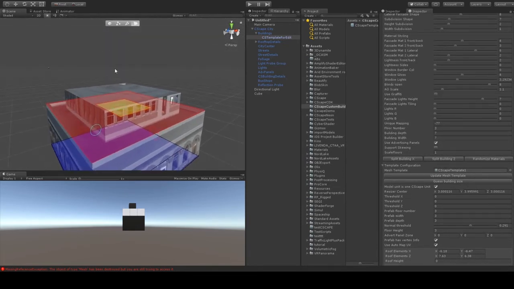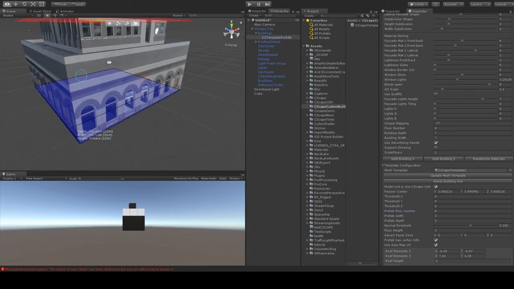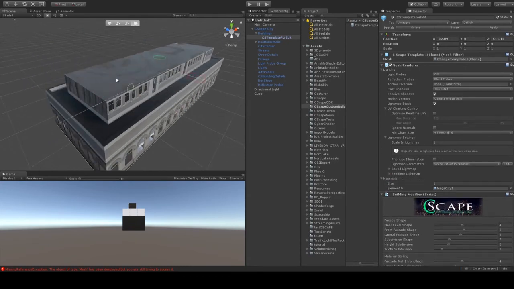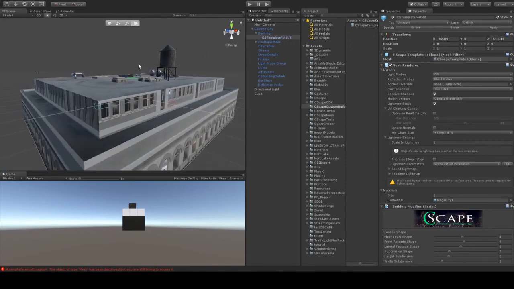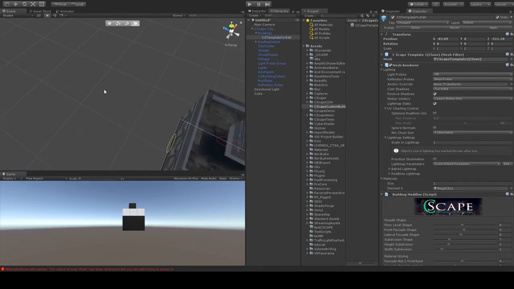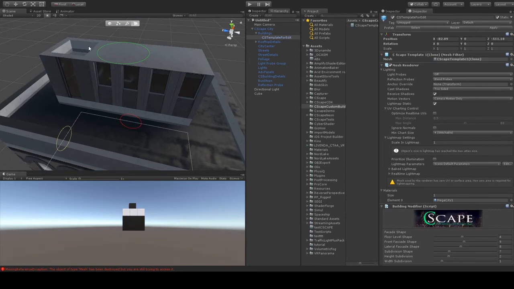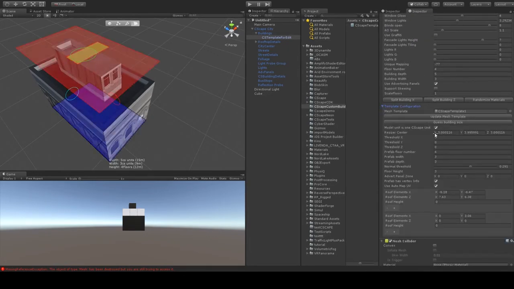You see here, our building guessing didn't work well, so we will correct here prefab floor number is set 4, so this will come to 4th floor. This means also that it will correctly try to position all the buildings on the upper side. But if you remember that we made this extrusion here, and if you look here well, you will see that it doesn't work properly. So what can we do? We have to go into template configuration and set Resizer center